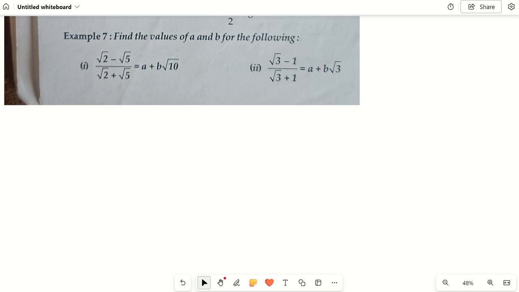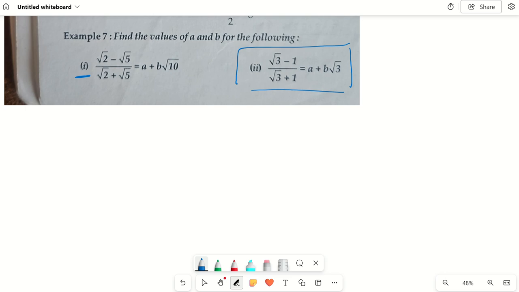I'm starting important must-do practice questions from number systems. It will be a good help for most of you who are having a test in July. So let me do this question, and this question will be your assignment. Whatever answer you're getting, you can write in the comment box.